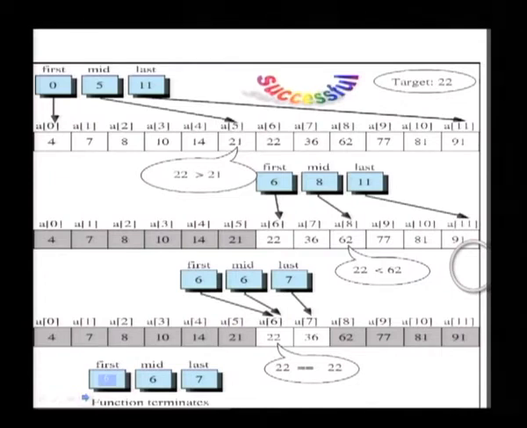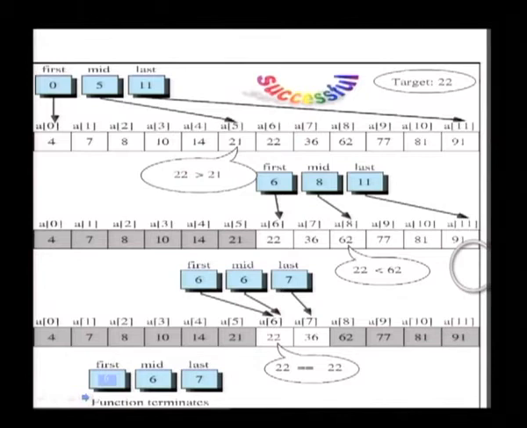first and last are now used to encode the first and last index values of the relevant part of this array A, which is now 6 to 11, and the midpoint is now, you can do the calculation, is 8. It is 6 plus 11 by 2 which is 17 by 2, the floor of it is 8. And the algorithm repeats this step of comparison, comparing 22 with 62 which is the value in the array index